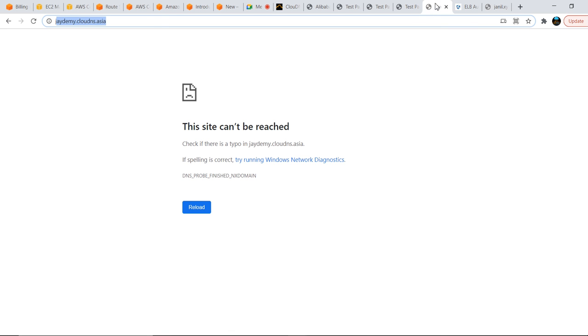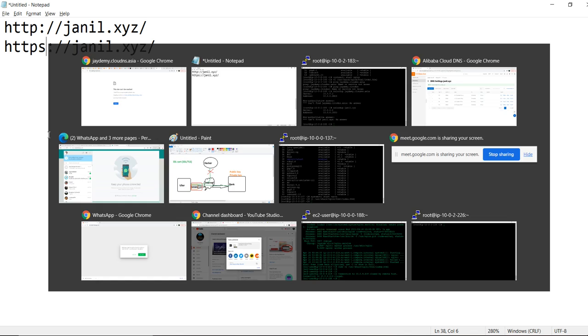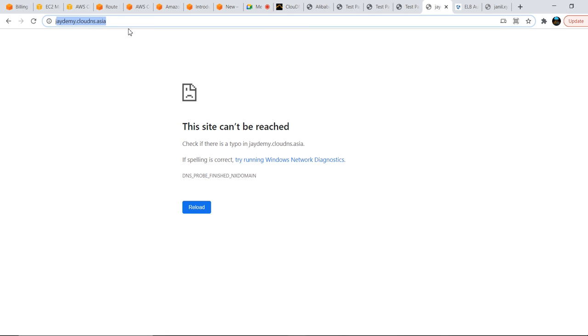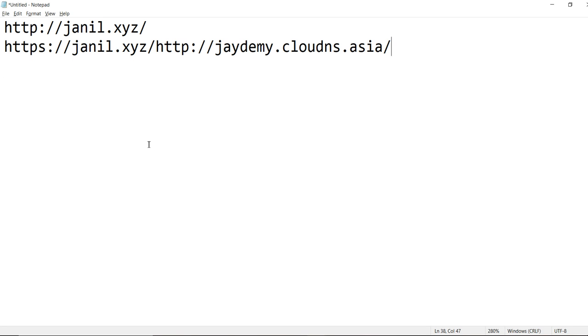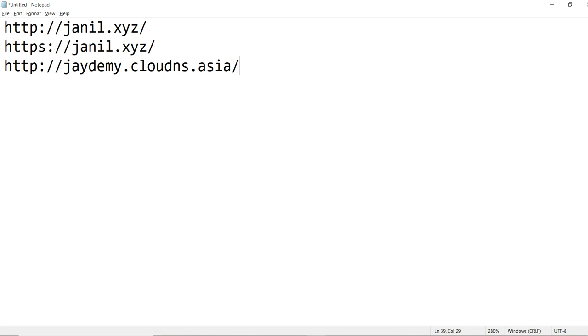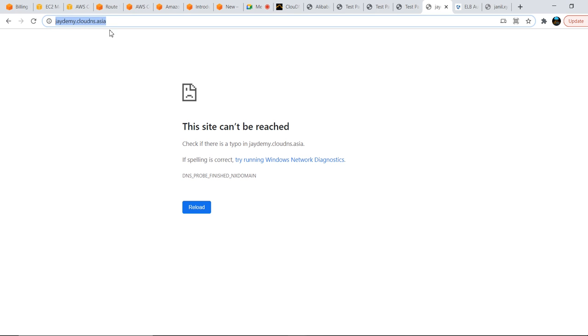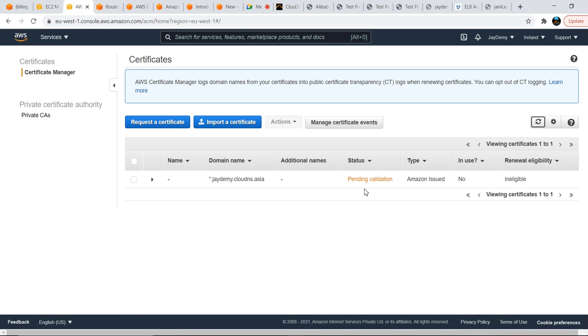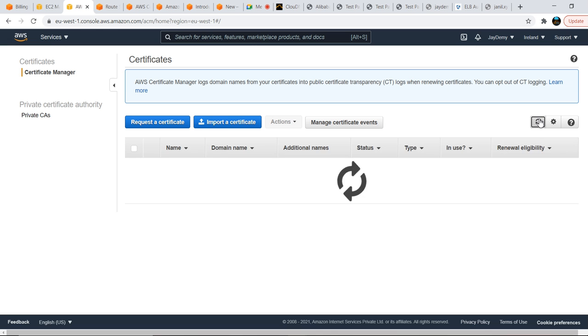This is jdmi.dnsnet also. This also is there in HTTP only. Come on, what is happening here? See here, HTTP. Now this also needs to look like HTTPS. I want to make it a secure connection for this website. So to make a secure connection, first this needs to be valid. This needs to be valid.